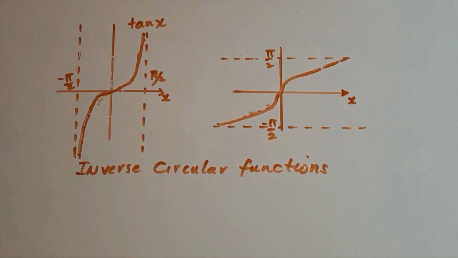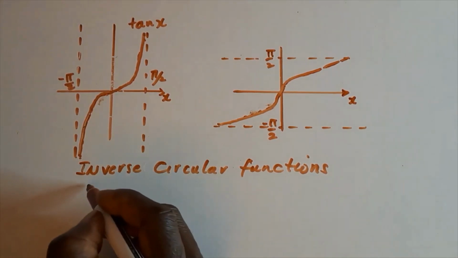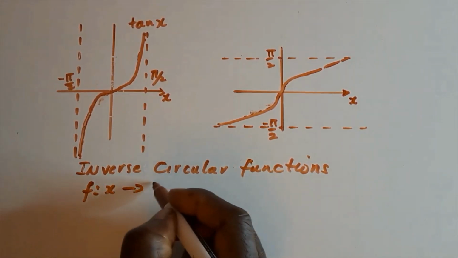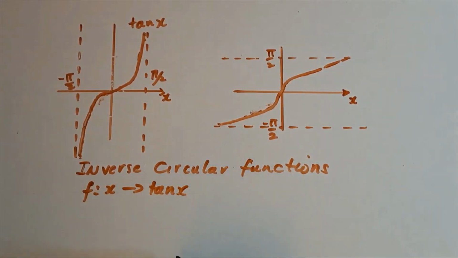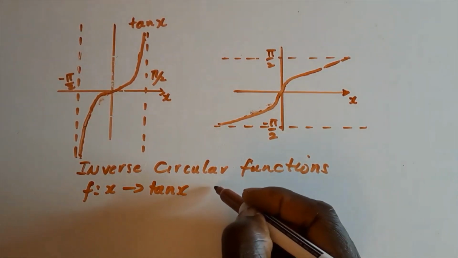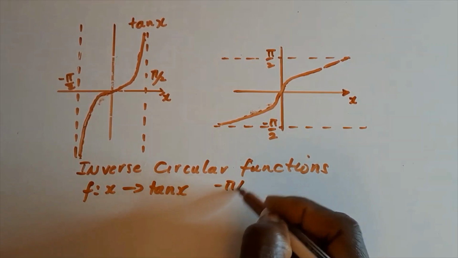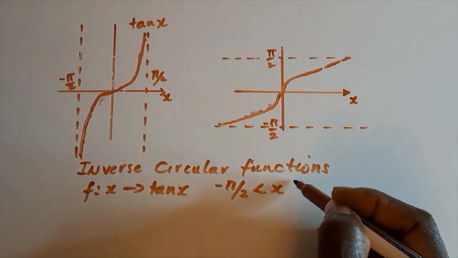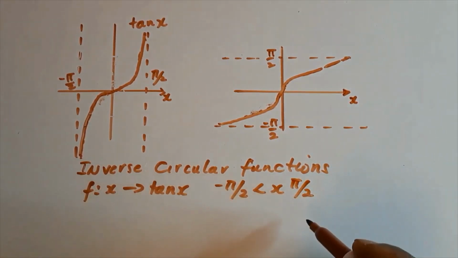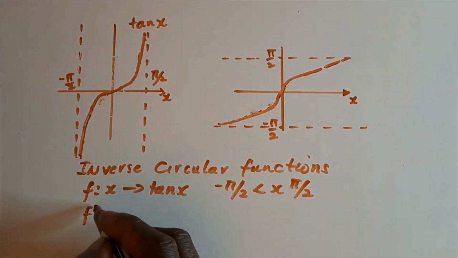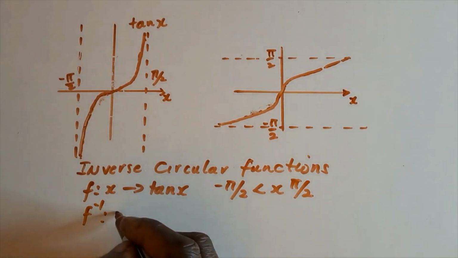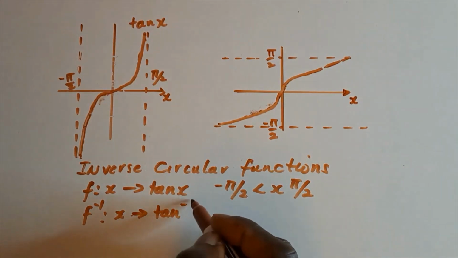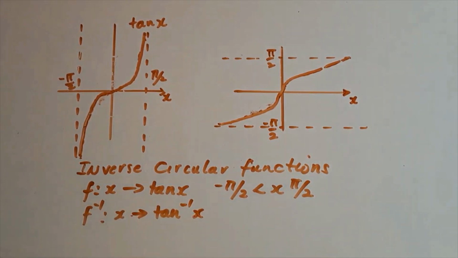Hi, finally we look at tan x. So if we have f defined as the function x mapped into tan x, and we restrict the domain to lie between minus pi over 2 and pi over 2, then we do have an inverse that exists, which is a mapping of x to tan inverse x,